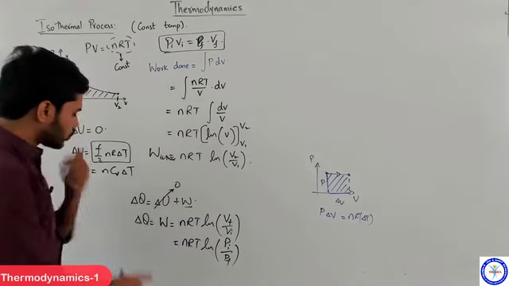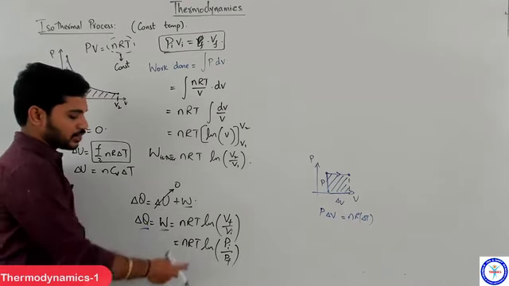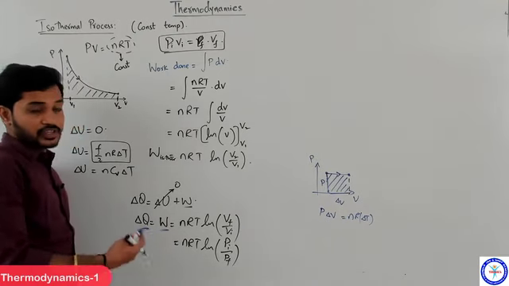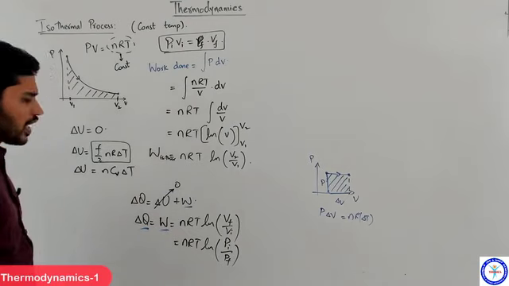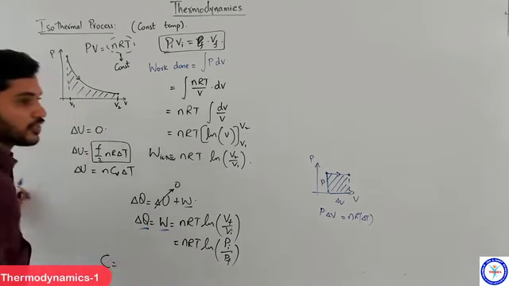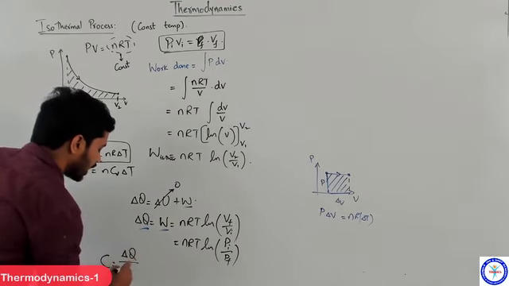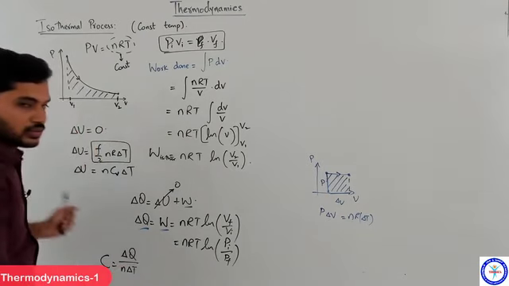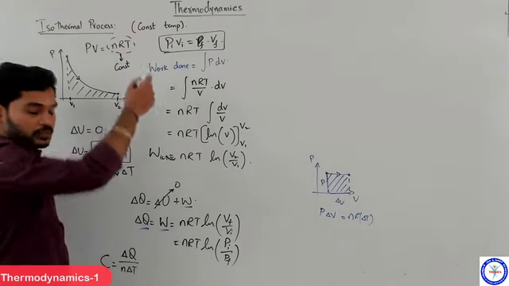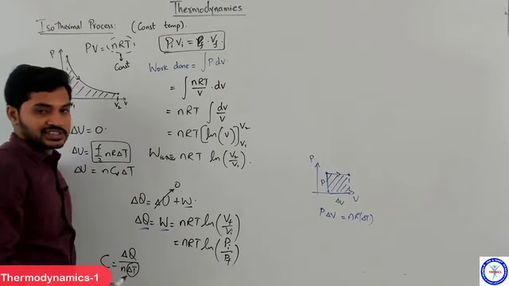Clear, students? So heat supplied will be the same as work done by the gas, and that can be written as nRT ln Pi by Pf, or Vf by Vi. So that is the expression, and we can also find the C value for this process. If you remember how we defined the C value, C is defined as delta Q by n delta T. That is how we define the C value. And please remember, for an isothermal process, delta T is 0. There is no change in temperature.